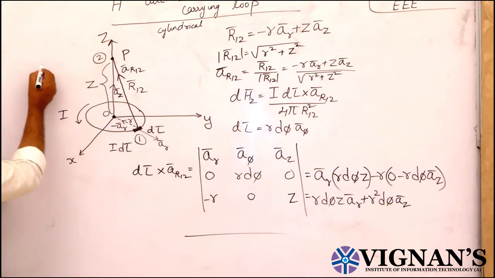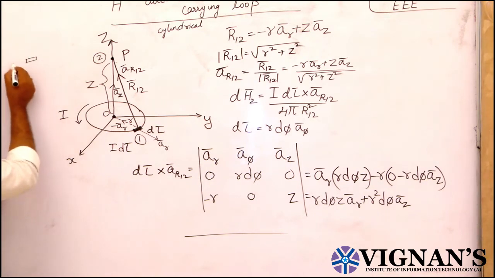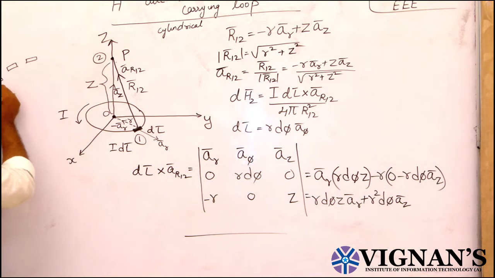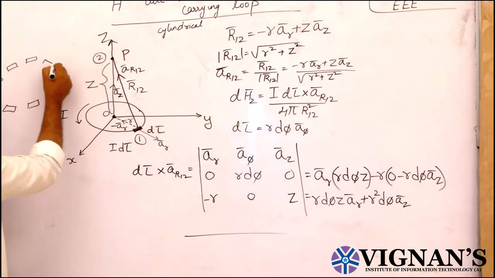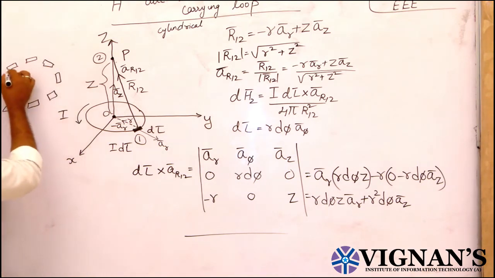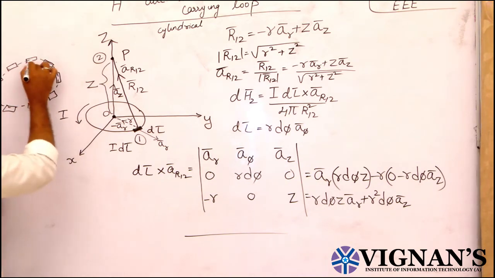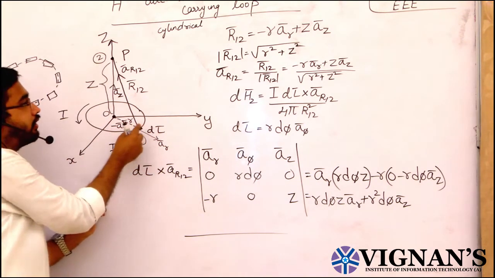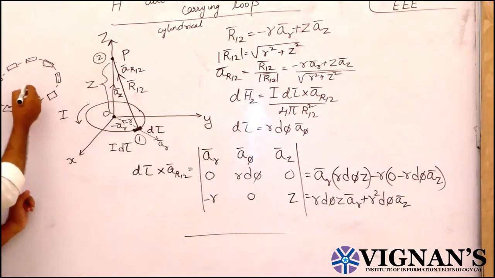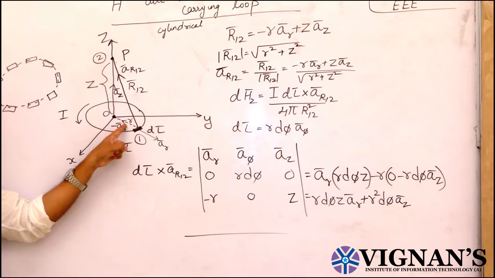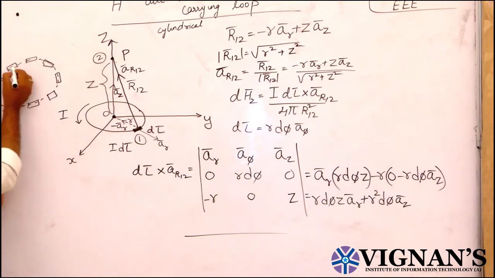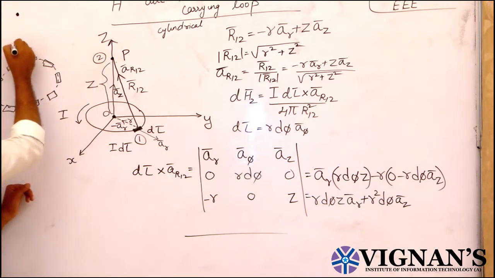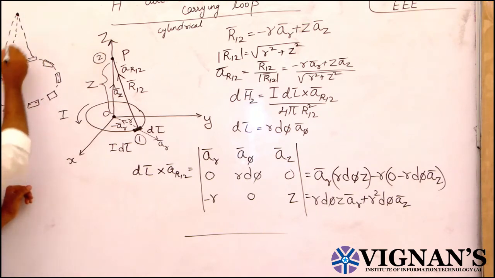That means consider a small differential length. This will create a circular path. That means if we add number of dLs like this, then that will give you the complete circular path. Now all these dLs will produce a component minus aR bar towards a particular point. That means if I take a point like this, every differential length dl bar will produce a minus aR bar component. All these differential lengths will create minus aR bar components